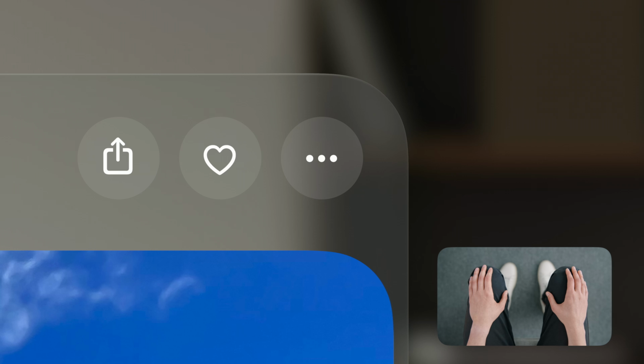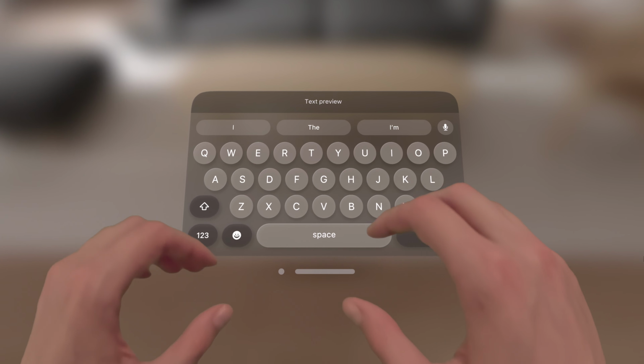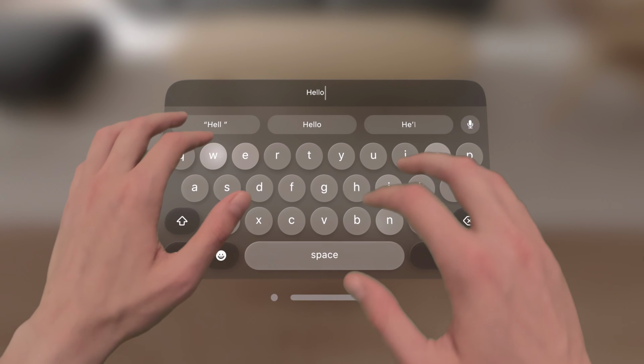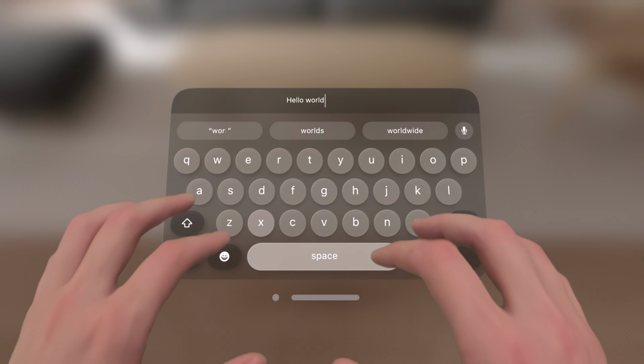We'll cover what's special about these new input methods and how to make the best use of them on our platform. Let's take a quick look at all the available input modalities. With spatial input, you can simply look at a button and tap your fingers together to select it, keeping your arm relaxed on your lap. Our system is designed to interact with UI comfortably at a distance. In some cases, you can also interact with elements directly, for example, typing on a virtual keyboard using your fingertips.